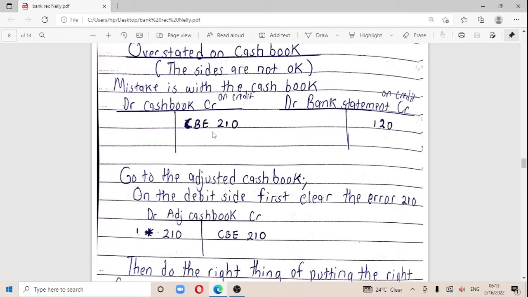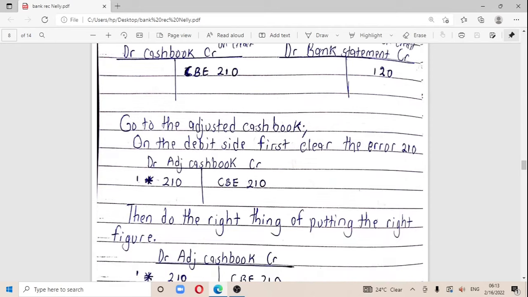You clear this error on the credit side. You want to remove it from the credit side. So on the debit side, first clear the error by the 210. So I'm going to come and say, no, with this adjusted cash book, this is not the final thing you should write, but these are steps that can be in your head once you're trying to solve this. So first thing you're going to do is take a